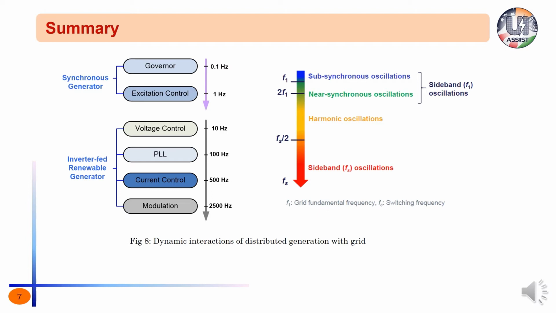In case of a grid-tied inverter, the control system may have outer and inner control loops. Outer control loops include AC as well as DC link voltage control, power control loops, and of course grid synchronization loops. And inner control loops in most cases will be a current control loop. Also, we are very much aware that innermost loops are the faster ones and the outer ones are slower. Therefore, inner loops are tuned for larger bandwidth while the outer loops are tuned for smaller bandwidths. The bandwidth of the control loop determines the frequency of dynamics generated by the control loop.